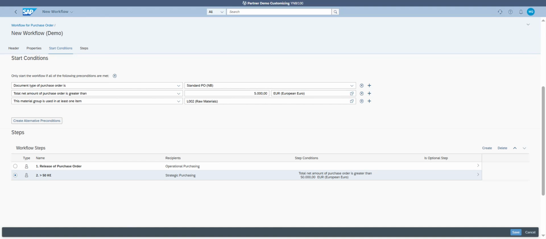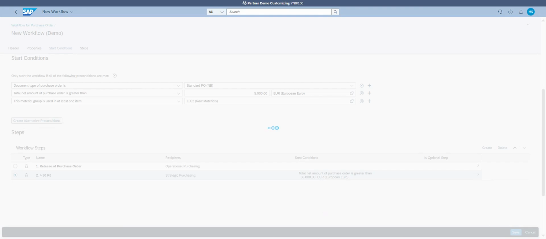I define one by one all the step conditions. Okay, so right now I'm able to save,